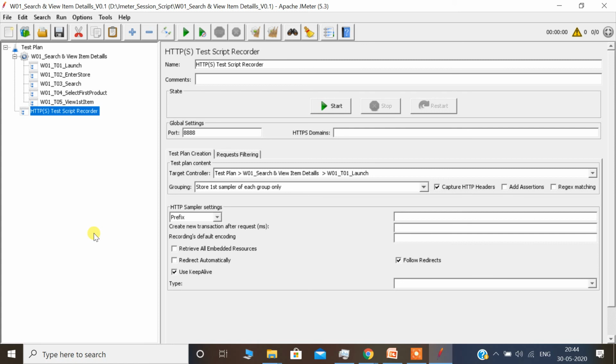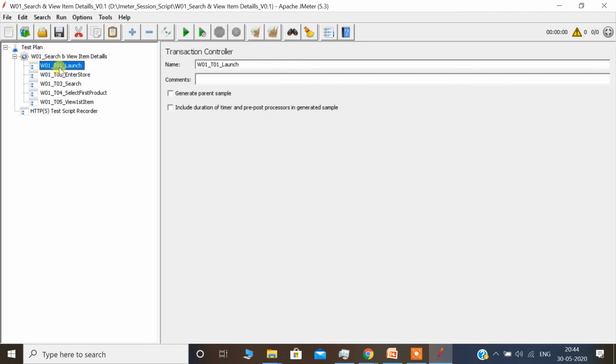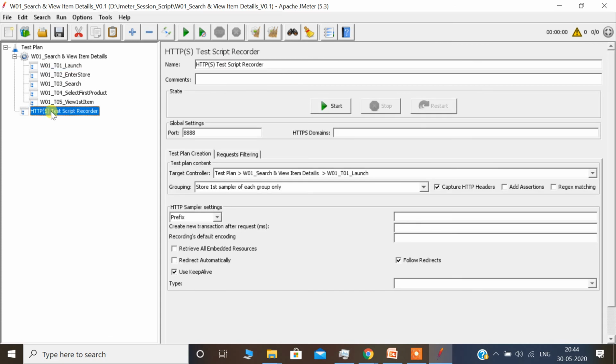Let me just recap. I added one thread group as child of the test plan. Then I added some child components, transaction controllers, as child to the thread group. I renamed those transaction controllers as same as the transaction names that we had already finalized for our script, and then we added this component as child of the test plan, HTTPS test script recorder.